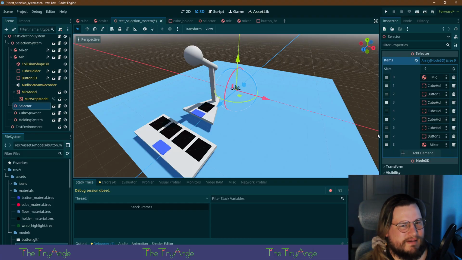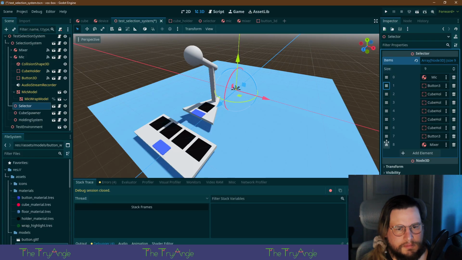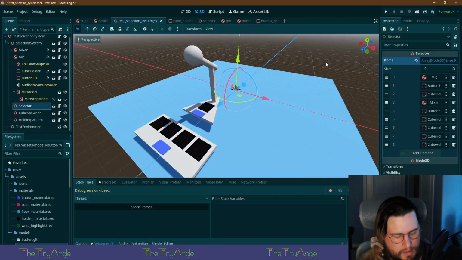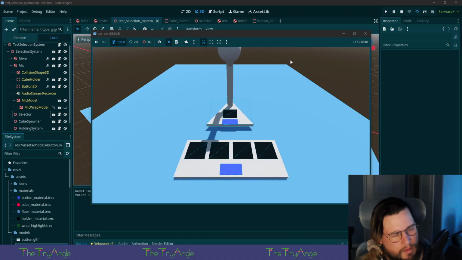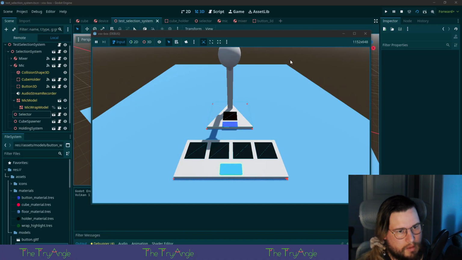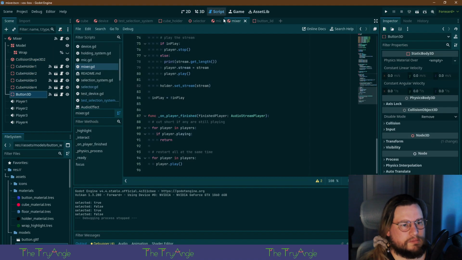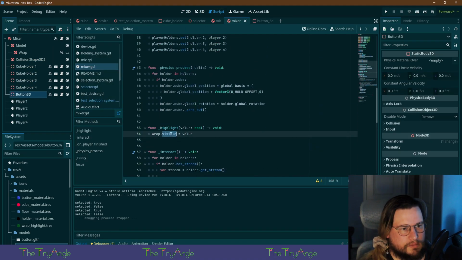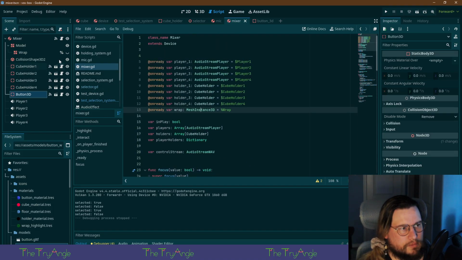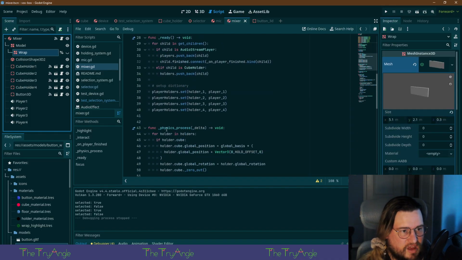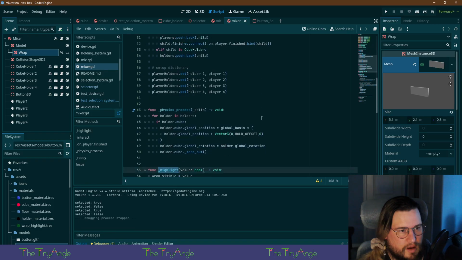Damn. It's still not highlighting. Oh, wait.